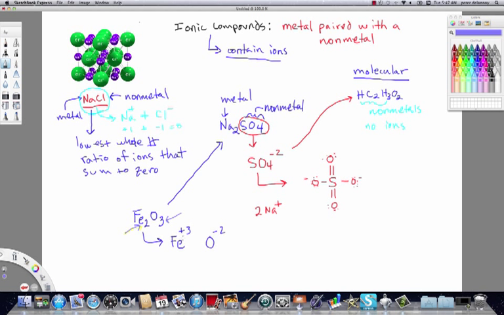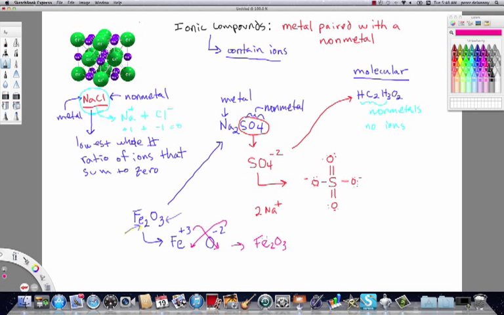So if we were going to combine these 2 ions to make a singular compound, the teacher would say, okay, well, here's what you need to do. You're going to take the magnitude of this charge, and you're going to drop it down over here, and we're going to take the magnitude of this charge and we're going to drop it down over here, and this is how we end up with this formula, which is